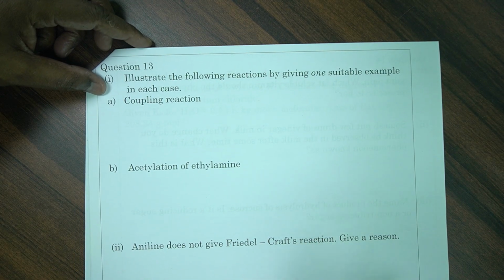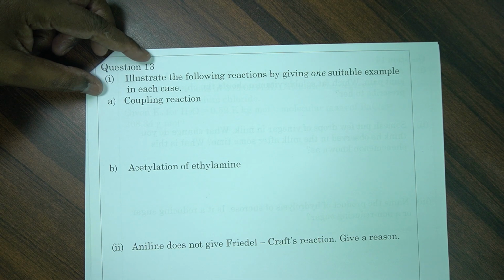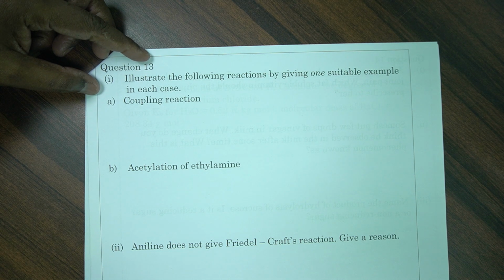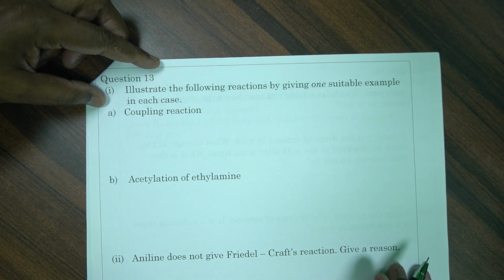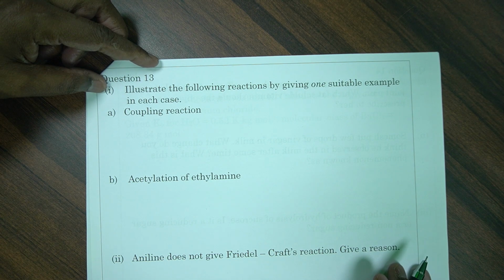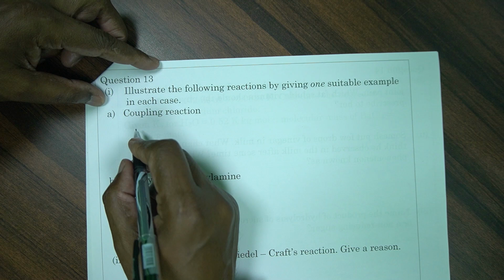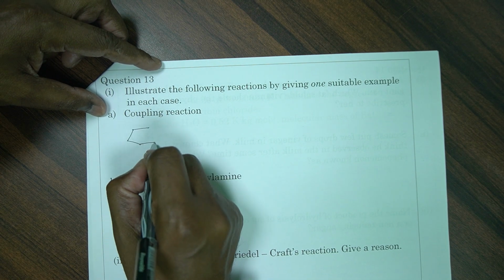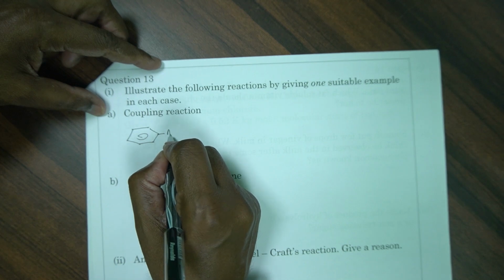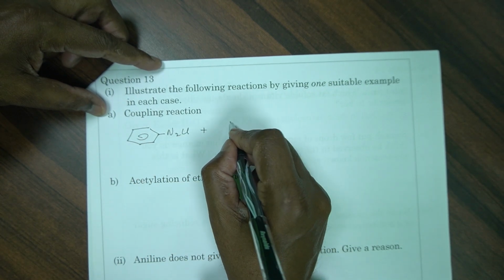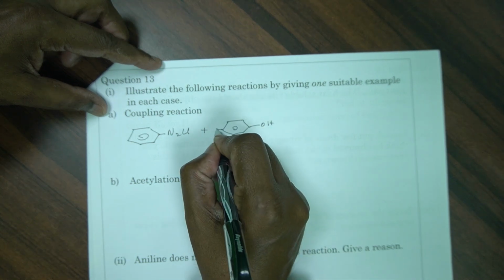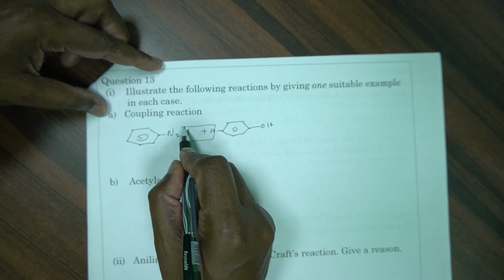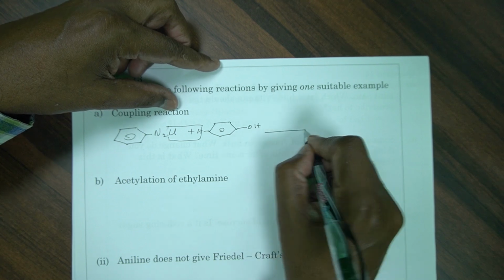Here we have illustrated the following reactions by suitable examples. Number 1 is a coupling reaction. How do we explain coupling reaction? So we can take any one example. So maybe we can take benzene diazonium chloride reacting with phenol in alkaline medium, benzene diazonium chloride N2Cl plus you can take phenol OH, and this hydrogen will take out, so HCl will be eliminated. Okay, so we take in alkaline medium,